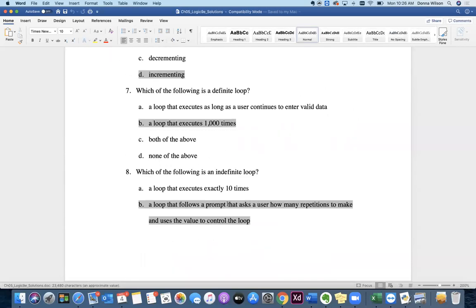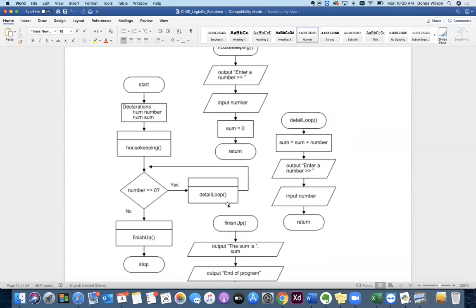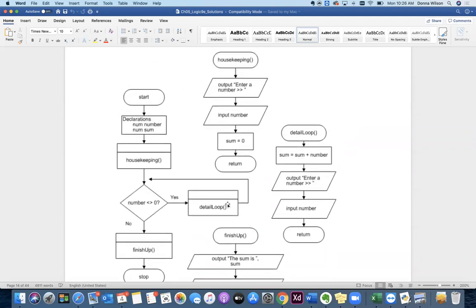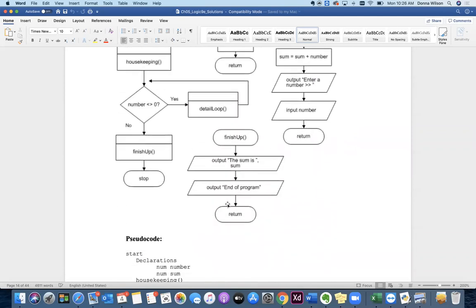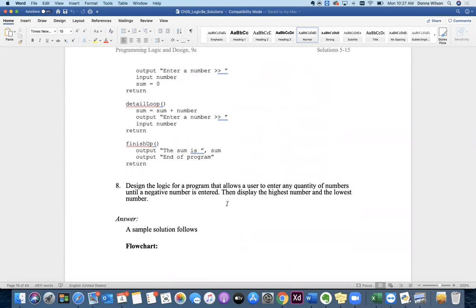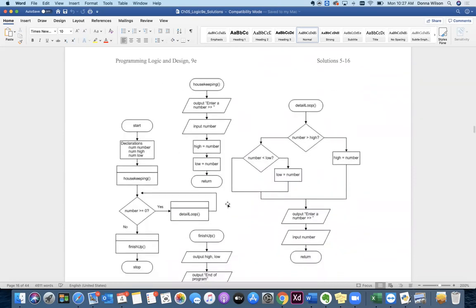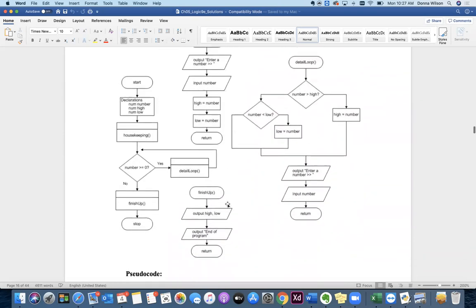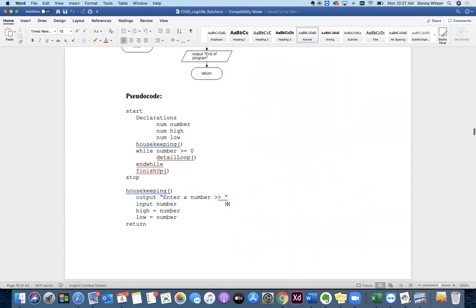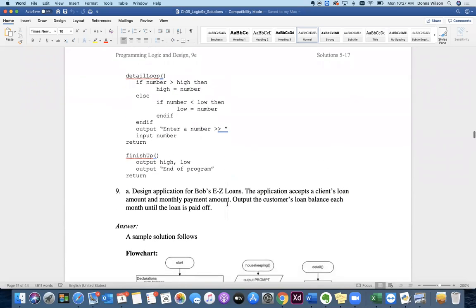Okay. So one of these problems, I'm looking for one that's a little more simple. This one has the detail loop. It does not actually have a nested loop. So here's one. No, that's that high-low one. That doesn't have a nested loop either. So those are the ones that were,